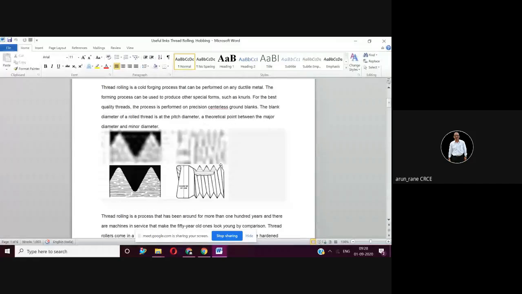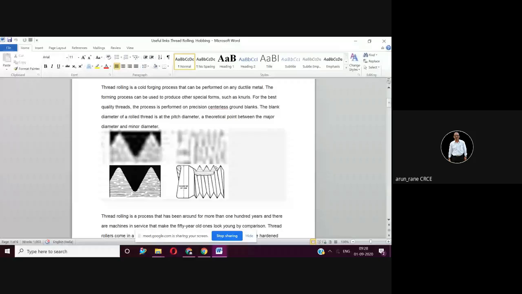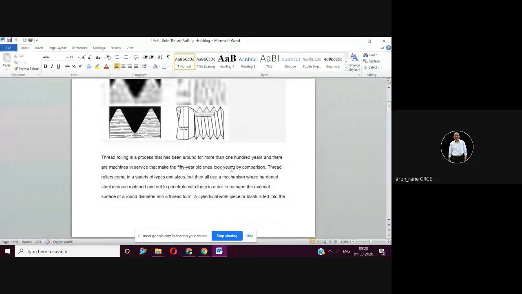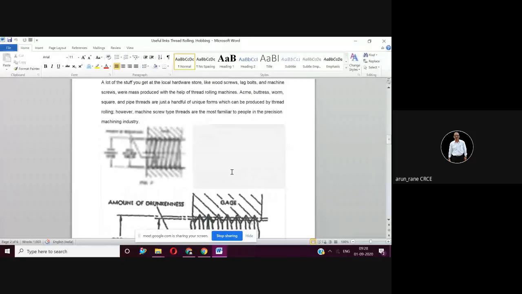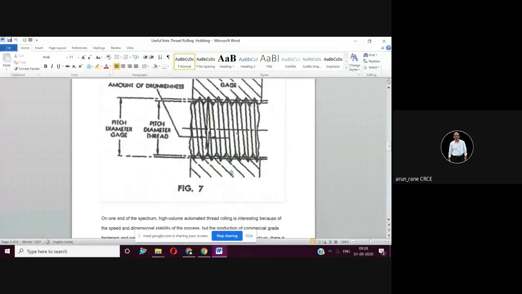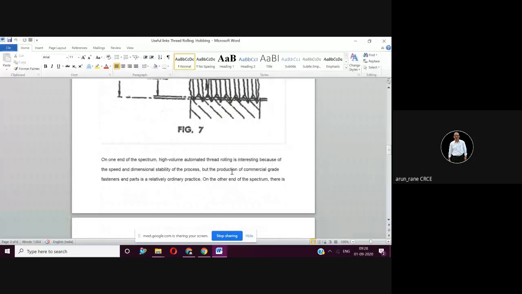So here, see, this is called the crest, and this is called the trough. Corresponding to the crest, you call it the major diameter. Corresponding to the trough, you call it the minor diameter, and the average of both is your pitch diameter. So if this is 16 and this is 14, the average diameter will be 15. In thread rolling, suppose I want to thread roll M16 by 2, then the pitch diameter will be 15. Remember, you have to turn the blank to diameter 15. Alright, is it clear?